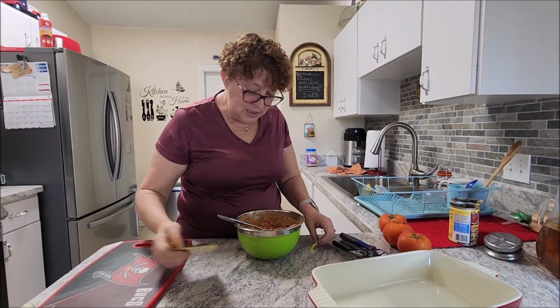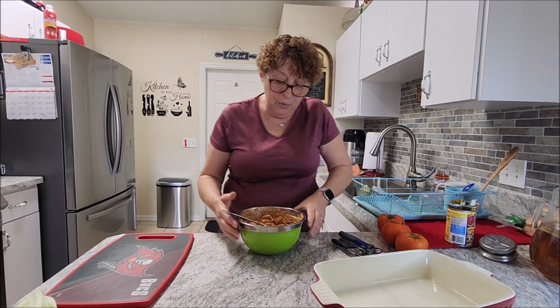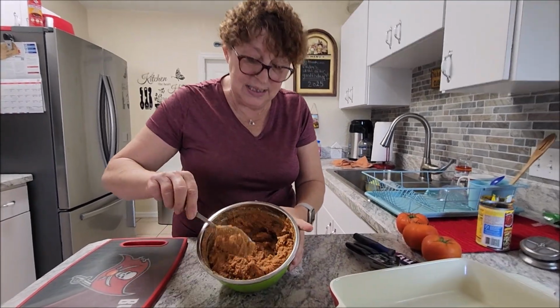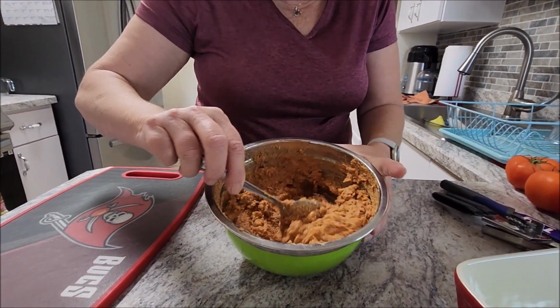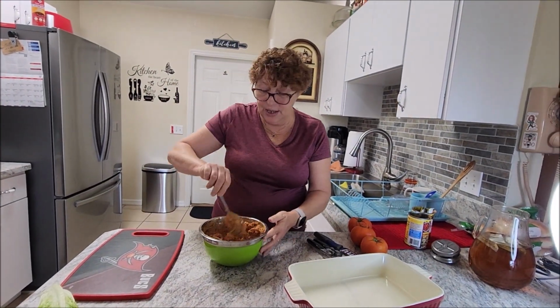Alright, so this is mixed up pretty well. And what I mean by mixed up is you don't see any of the powdered seasoning clumped up or anything. So the next thing we're going to do,